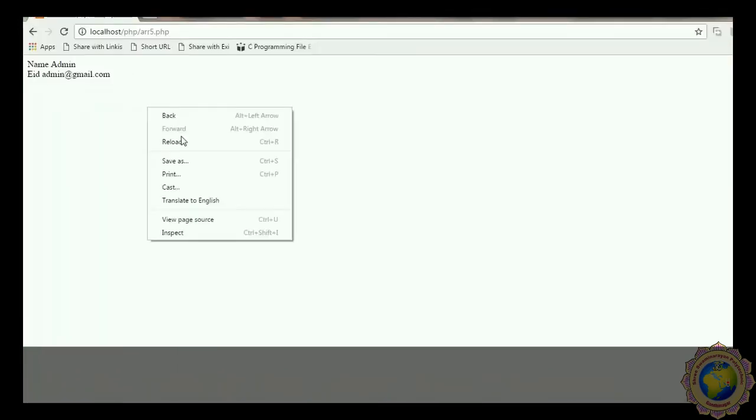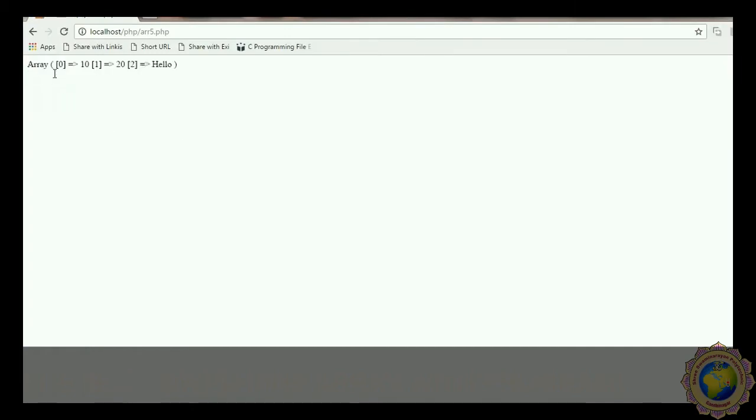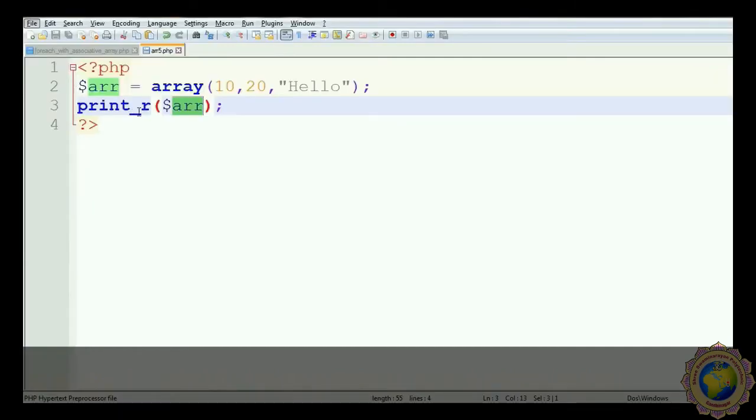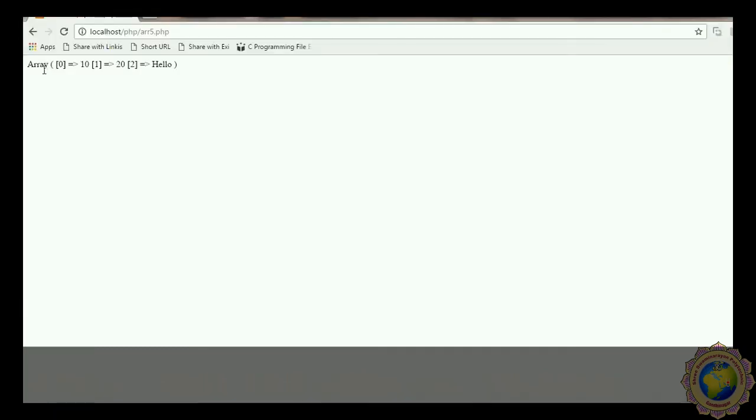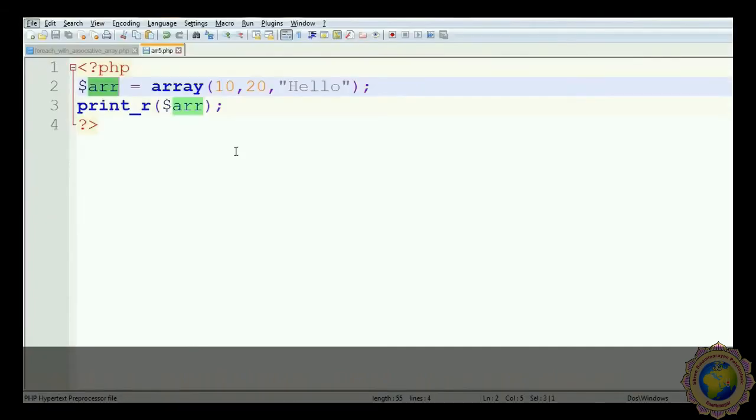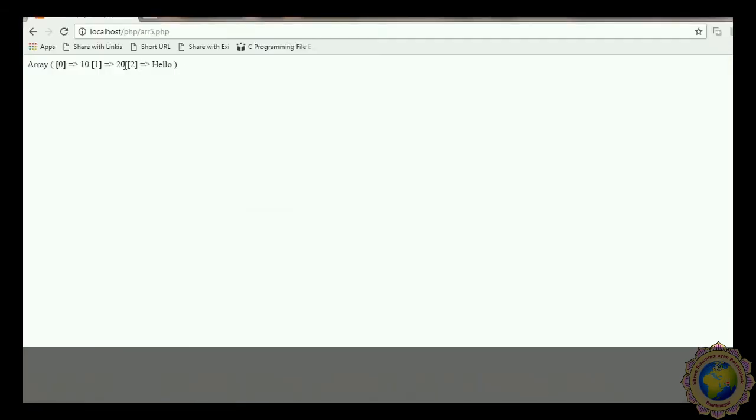Now this is the output of this practical with the print_r function. ARR means our array name. The array contains 10 as index value 0, 20 as index value 1 and hello as index value 2.